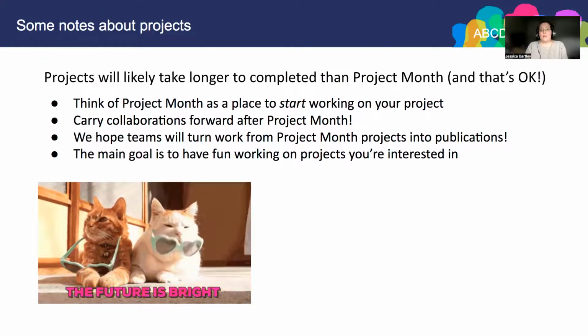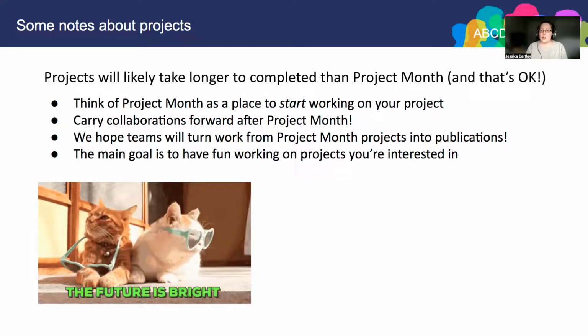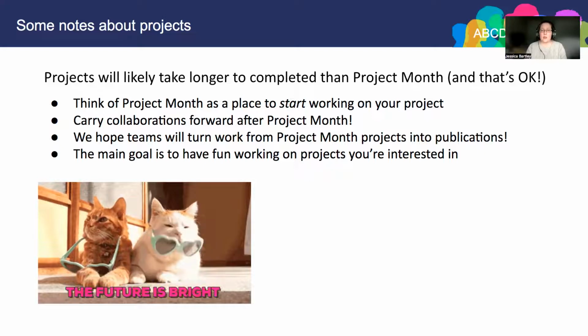So you might have some general ideas about what kind of project you might want to work on, and if so, that's great. If you don't have any general ideas about what project, or it's just kind of amorphous ideas at this point, then no worries, that's still okay. Generating project ideas and starting to form your collaboration is what this first week of Project Month is going to be all about. We'll talk about how to propose or join a project in just a second, but first I should note